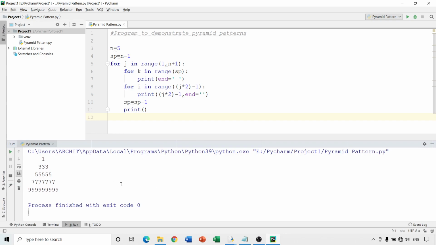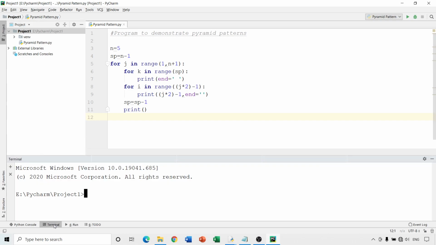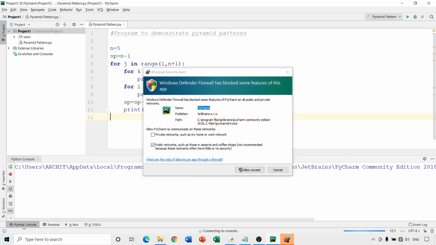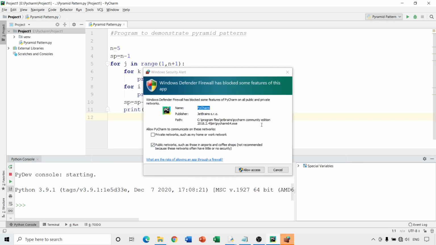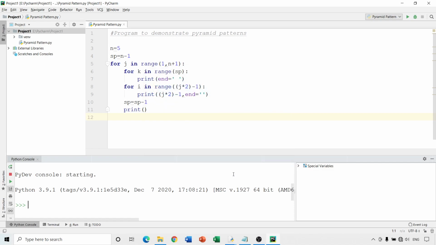Now the bottom part is going to be very useful. You can have the Python terminal over here, or you can have the Python console also. For the Windows Defender, you have to give allow access. Fine.